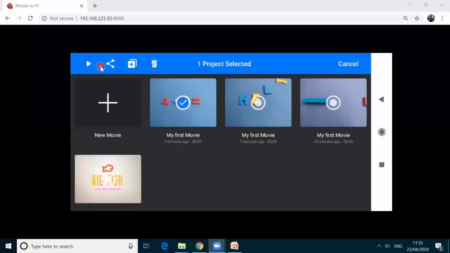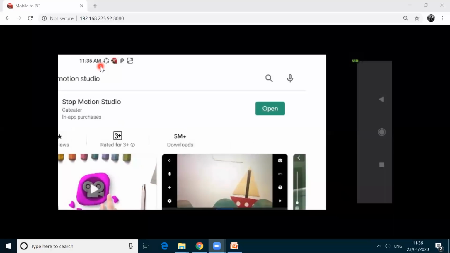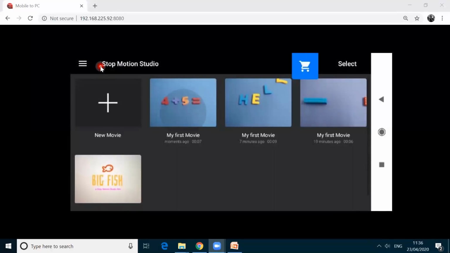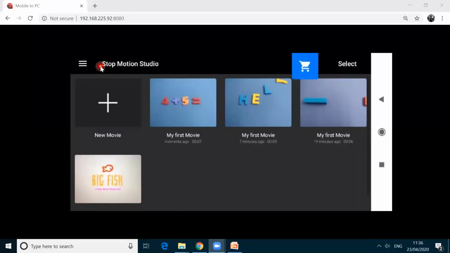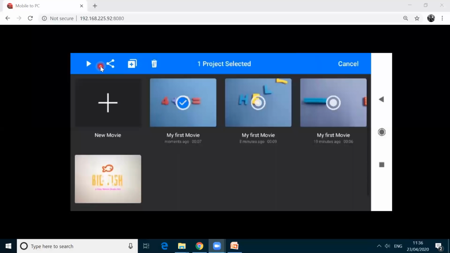If you press one time, it opens. So what you should do, do long press. I'm doing long press here. So here, this icon. And then here, there is an option, share, right?